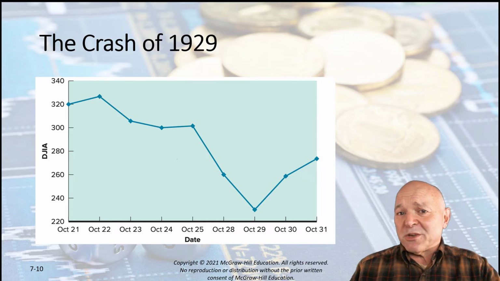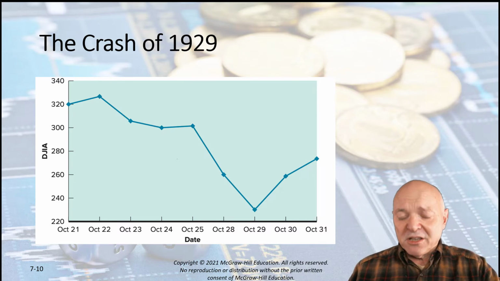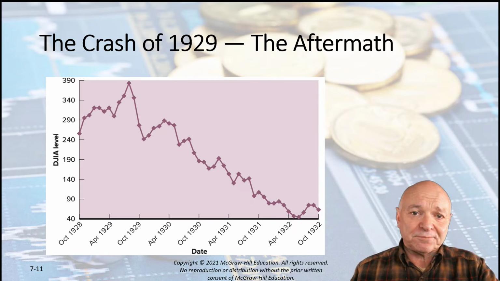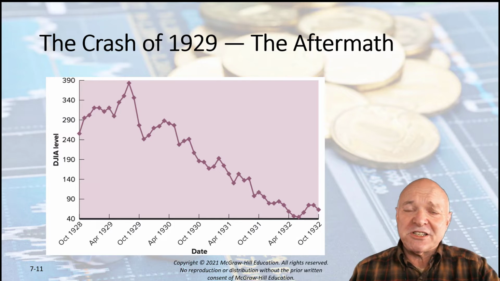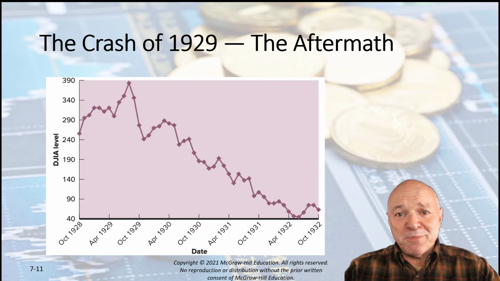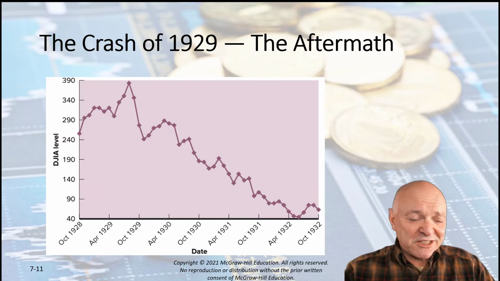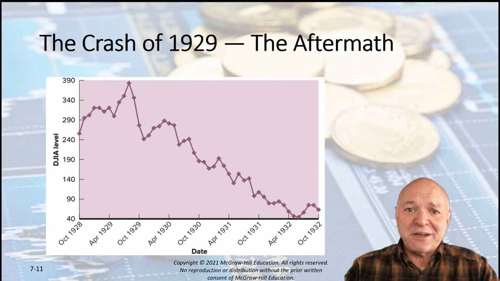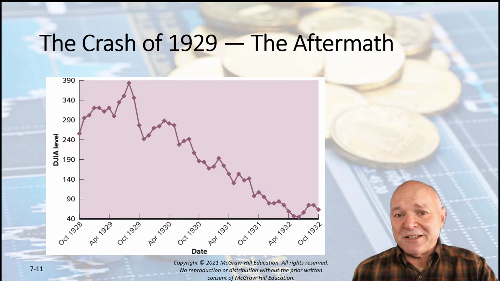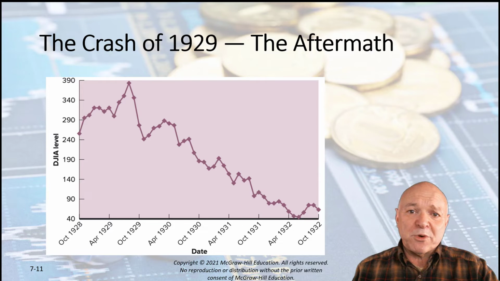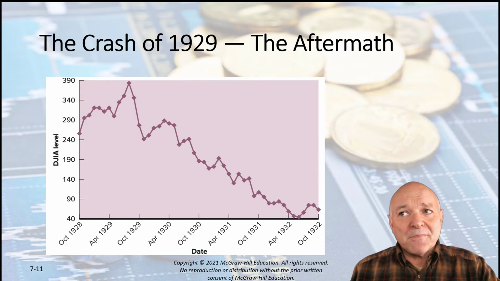But the worst news wasn't that there was a week of really bad news. The really bad news was that it led to a period of market stagnation, followed by a lot of the wrong government policies that led to a general decline in the American economy from 1929 right through until the 1930s. This was exacerbated as well by government policy that included things like controls of imports, a type of mercantile trade practice that had never been successfully tried, and led to an increasing isolation of the United States from the rest of the world.